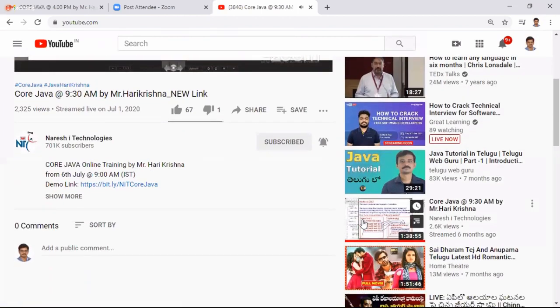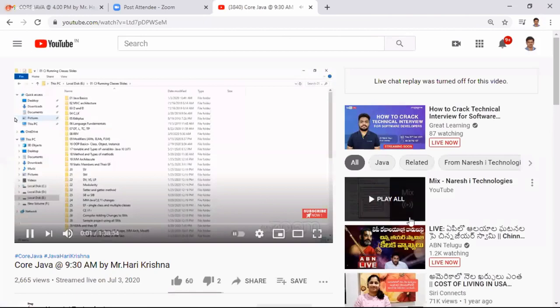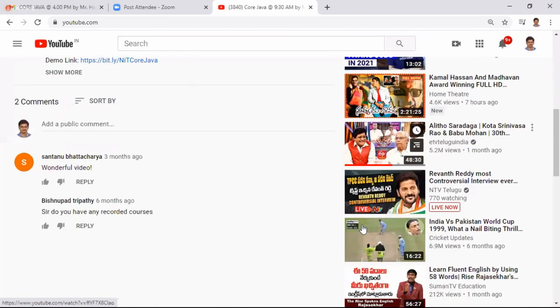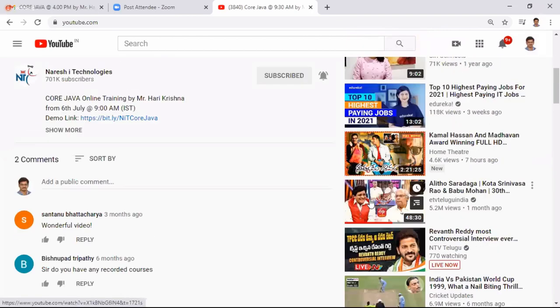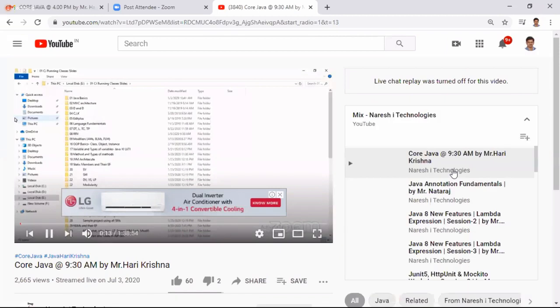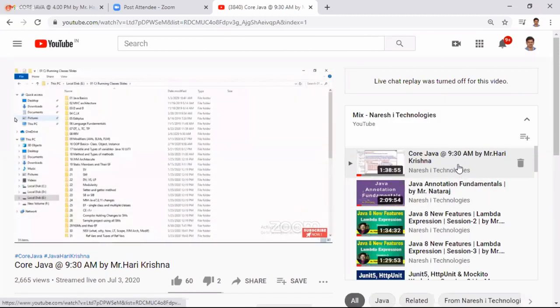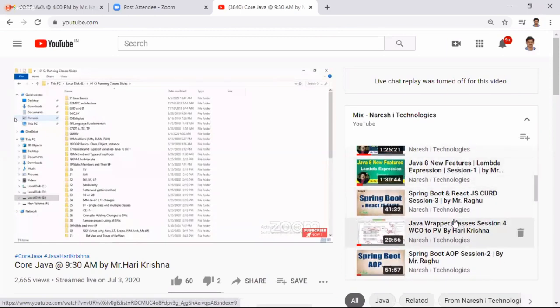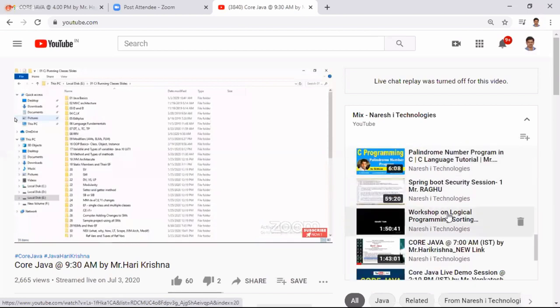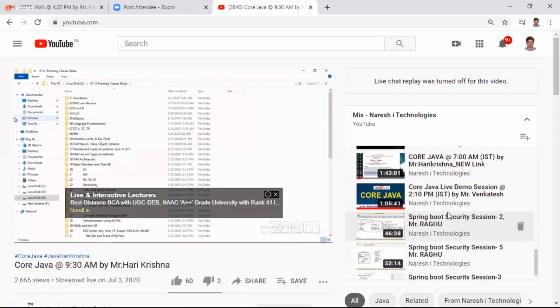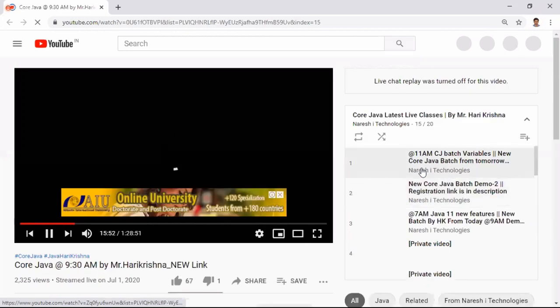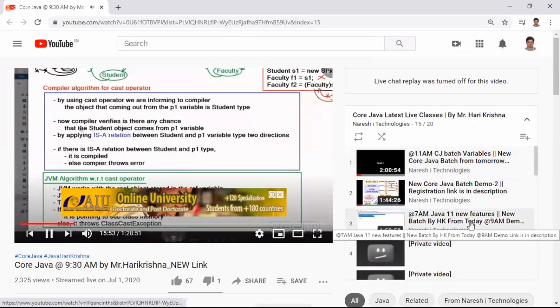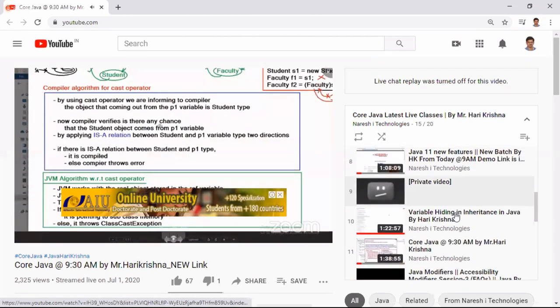Now the compiler verifies, is there any chance that the Student object comes from the P1 variable?